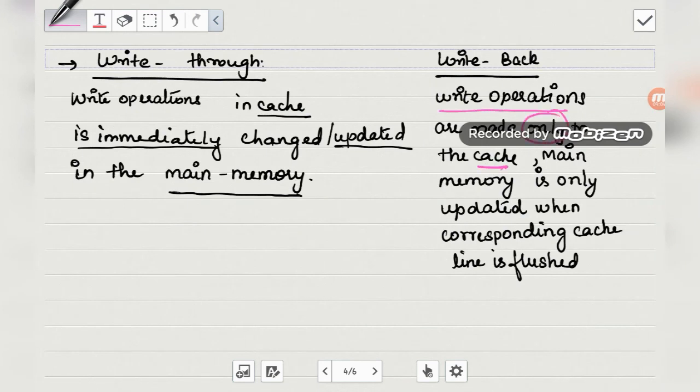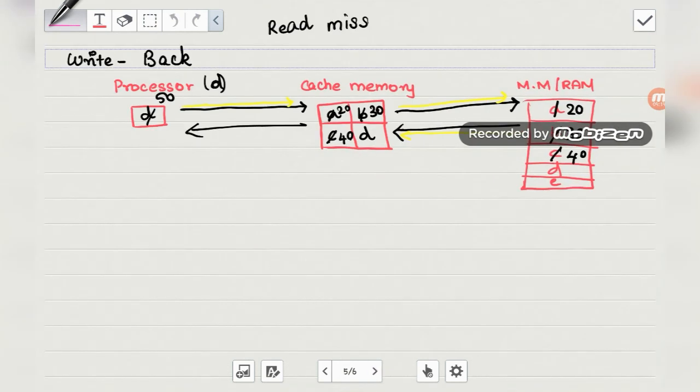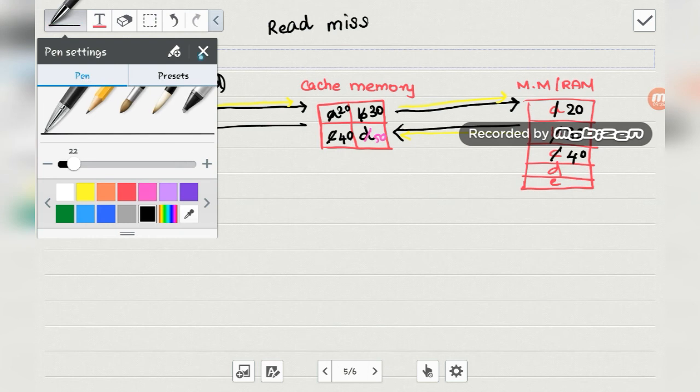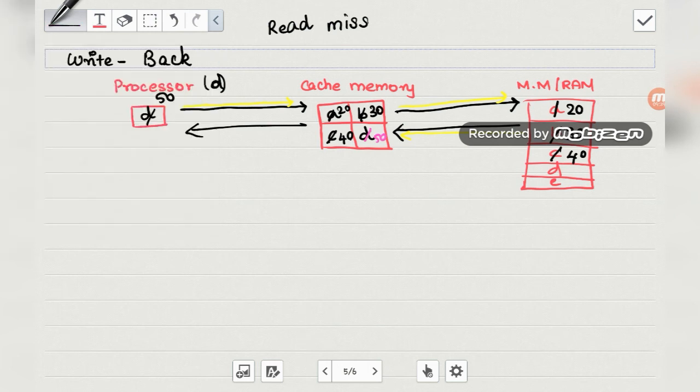The main memory is only updated when the corresponding cache line is flushed. Let me tell you what it is. So the write operations are applied only to the cache memory. The main memory will be updated only when the corresponding cache line is flushed.